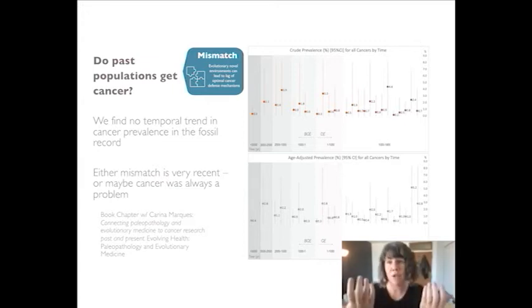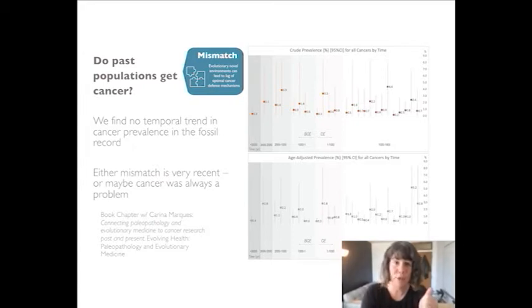concluded either the mismatch was really recent in our human history, or maybe cancer was always a problem, but it's just shifted. Maybe cancers that were derived from infectious diseases used to be more of a problem in past populations, and now it could be more cancer related to diet and activity levels and environmental carcinogens like smoking. And so obviously there needs to be follow-up on this, but current data suggests that there isn't this temporal trend